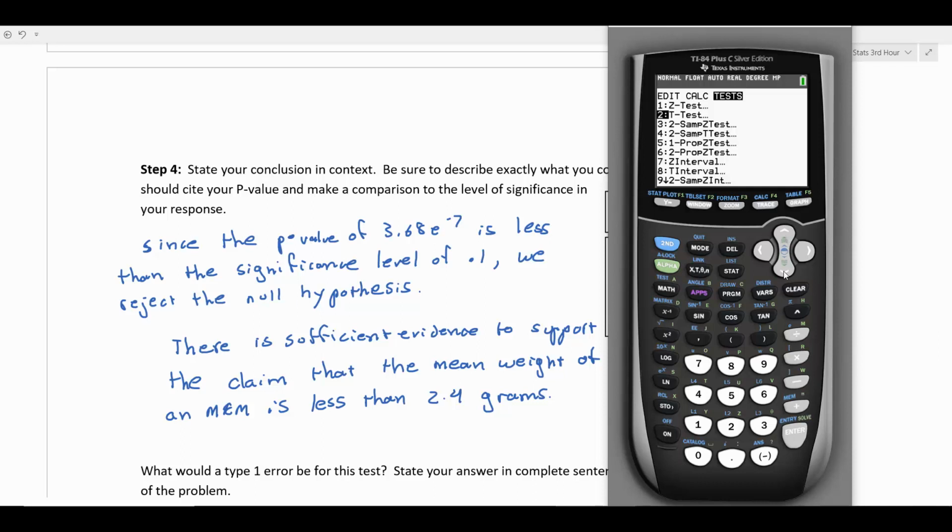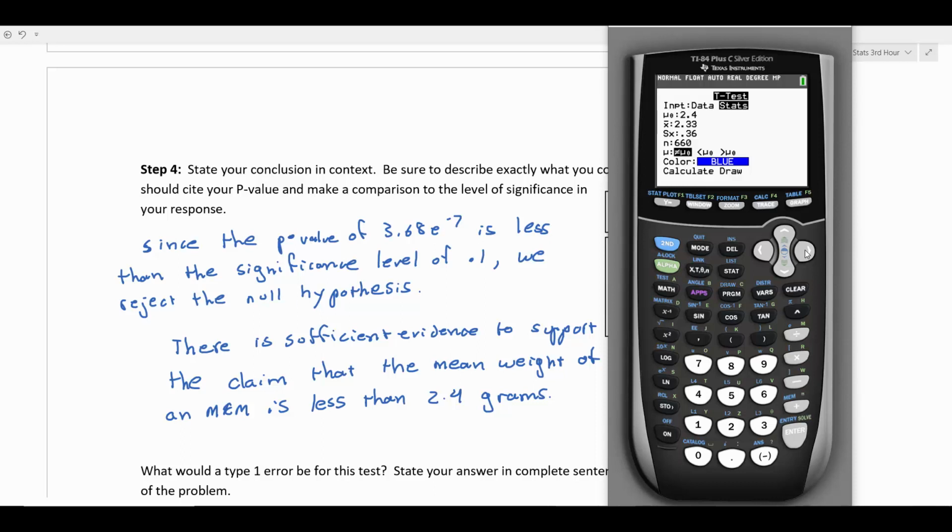But the mean, this is our assumption about the mean, right, which we said was 2.4. And then our sample mean, this is what we got from our data. We got 2.33. And then our sample standard deviation that we got was 0.36. And our sample size was 660 M&Ms. And then it wants to know what kind of a test are you doing? Are you doing a two-tail, left-tail, or right-tail test? We tested that it was less than the assumed mean. So we're going to go with the less than, which is a left-tail test,